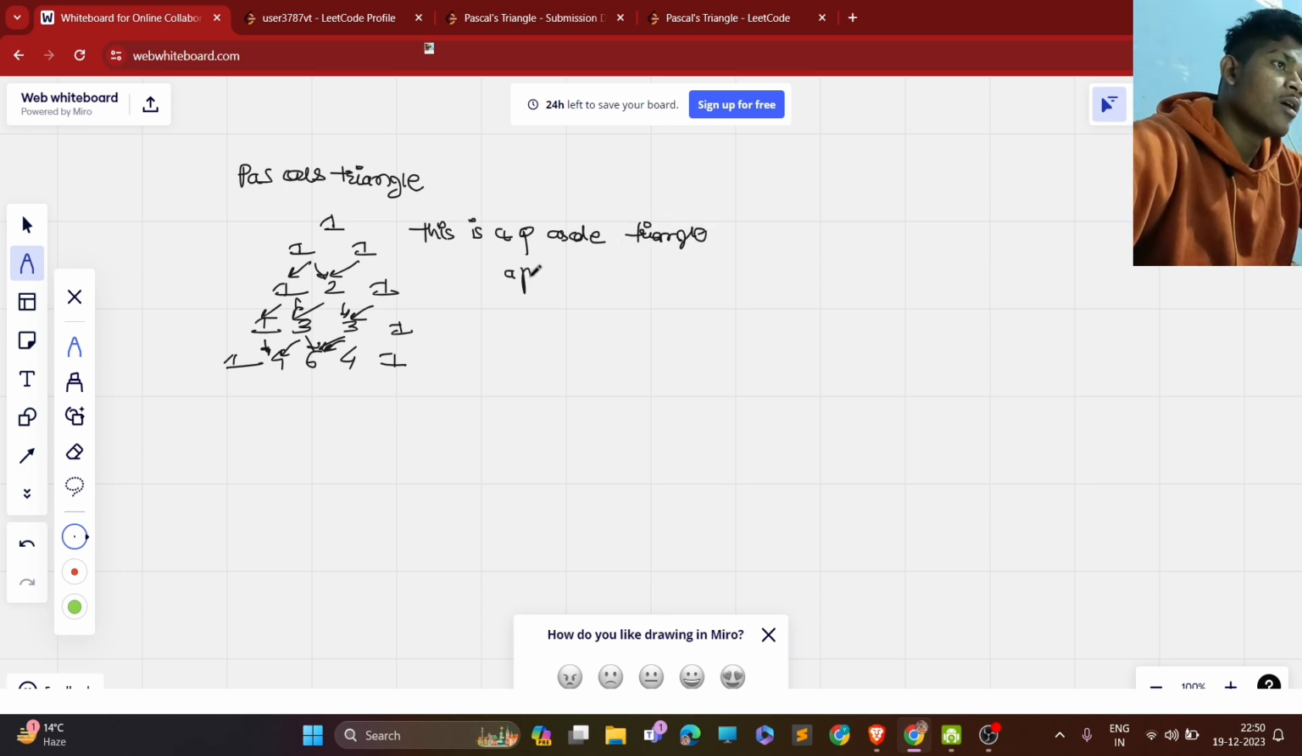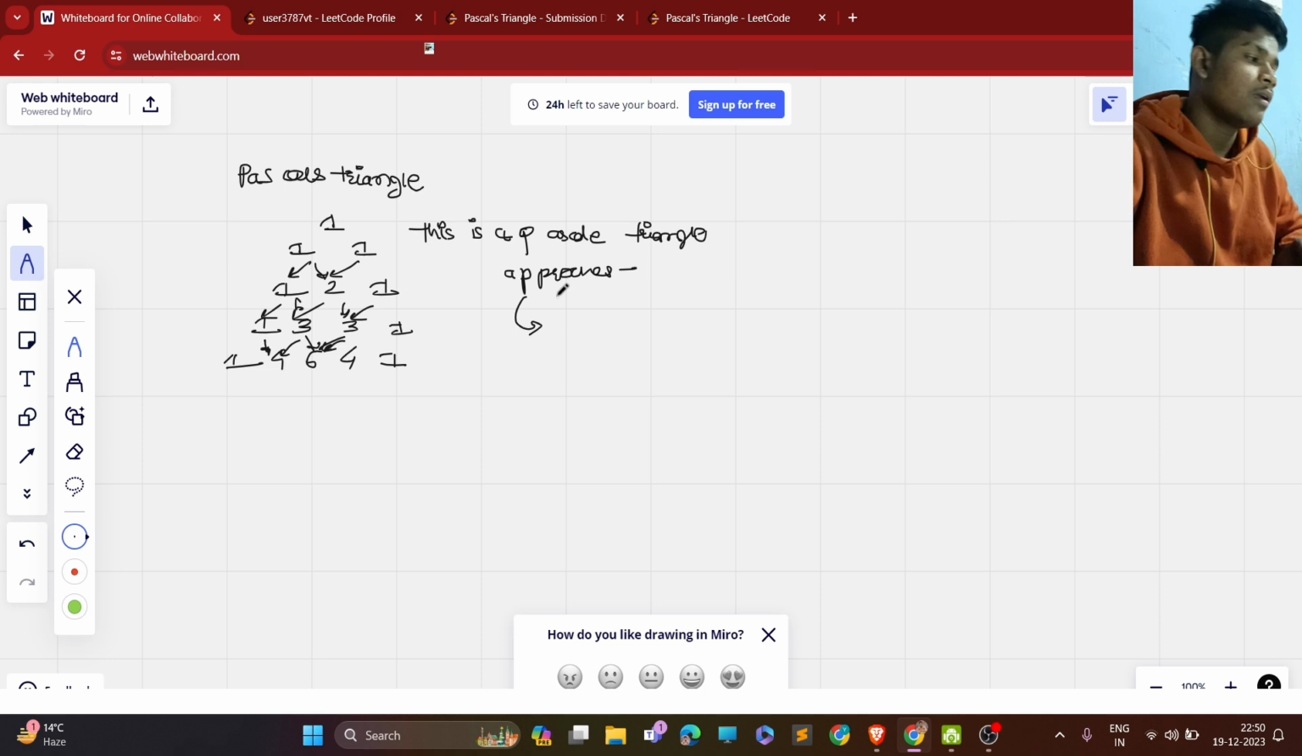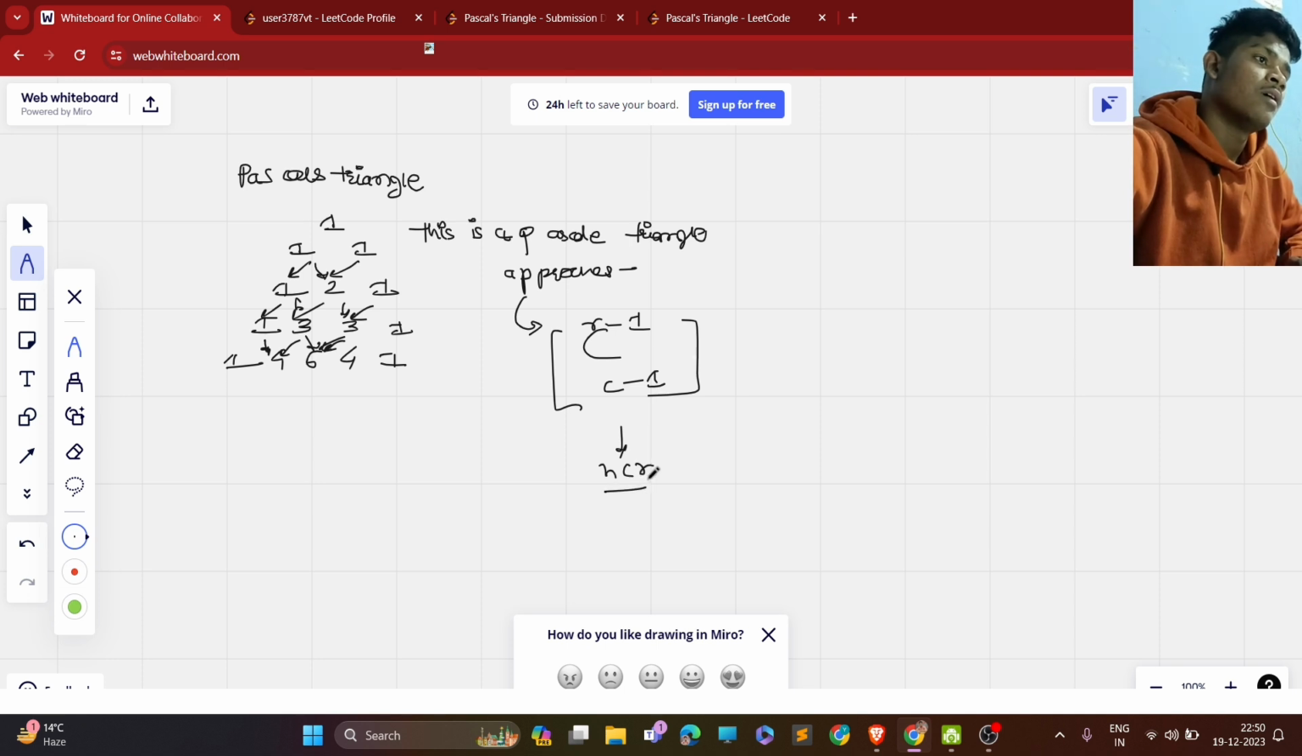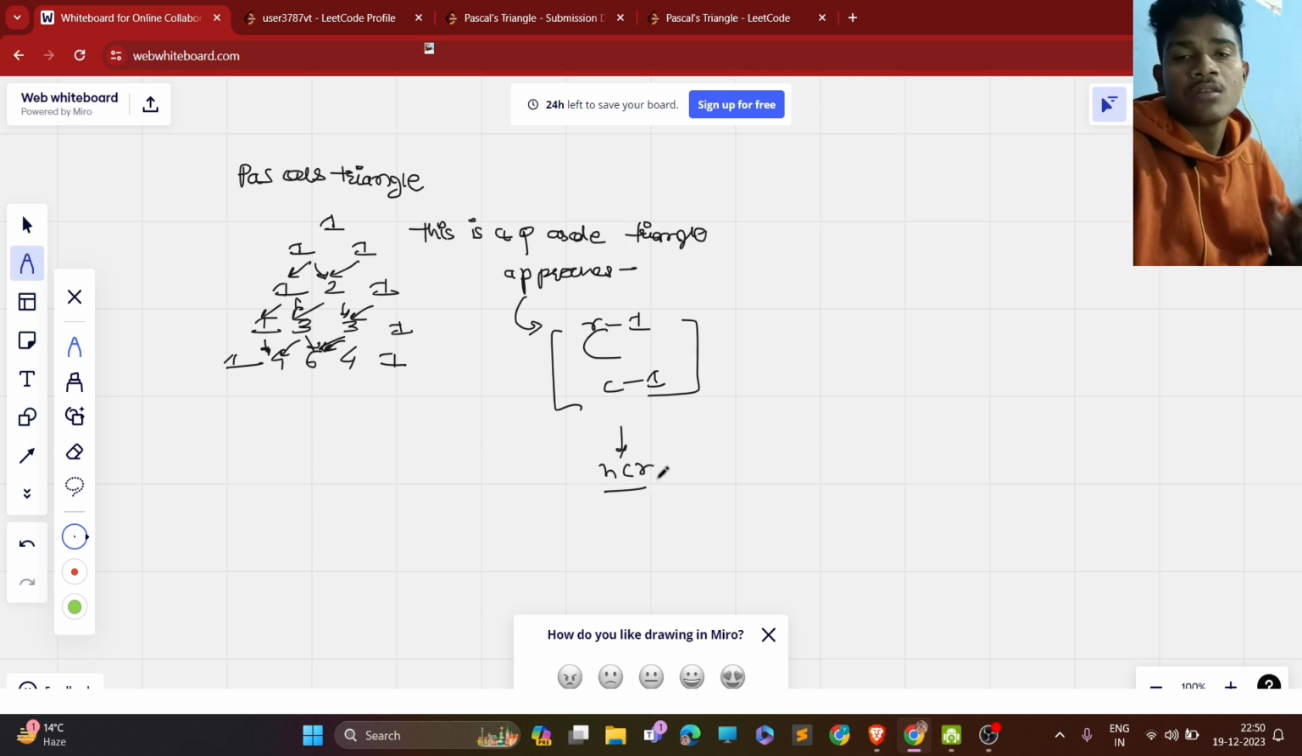When we are discussing the approaches, how can we solve this problem? So there is one formula, that is nCr, which we are denoting as C, r and r minus 1 and c minus 1. This is a formula for finding nCr, and if we are using this approach, then we have to find out